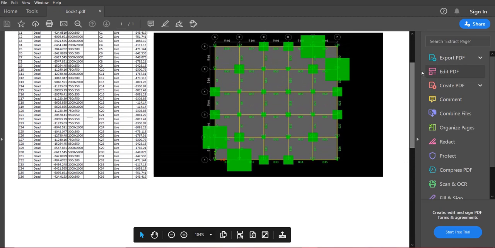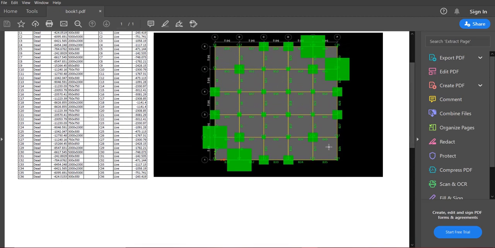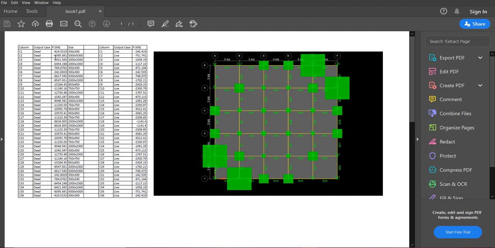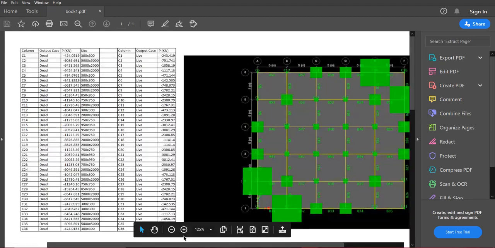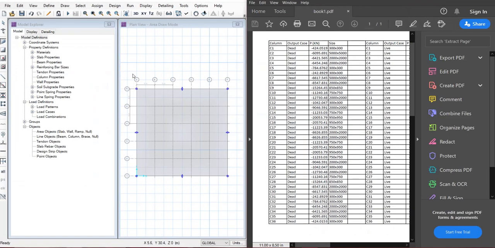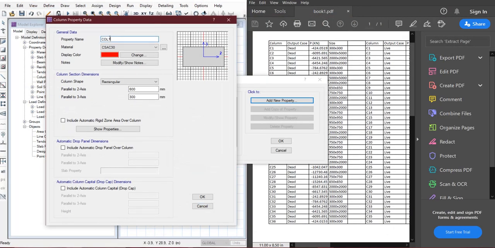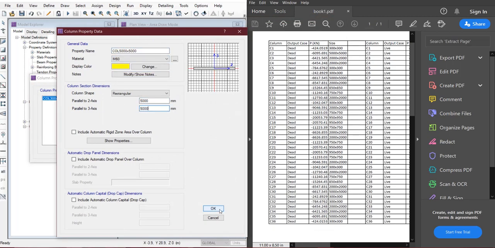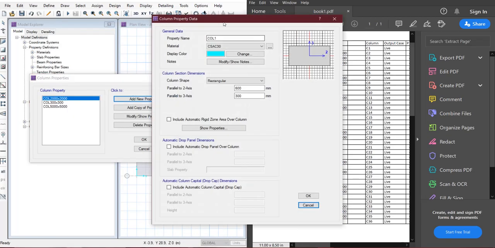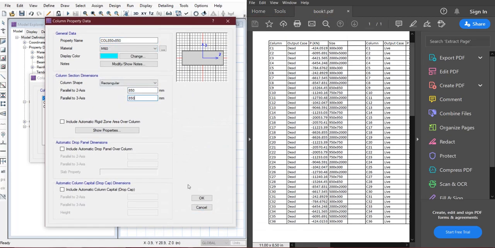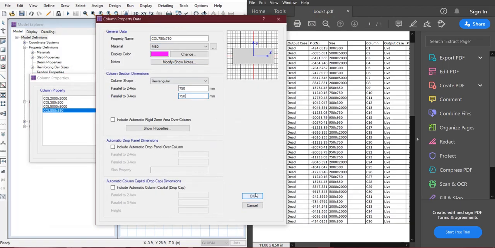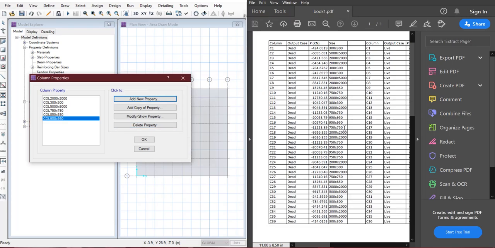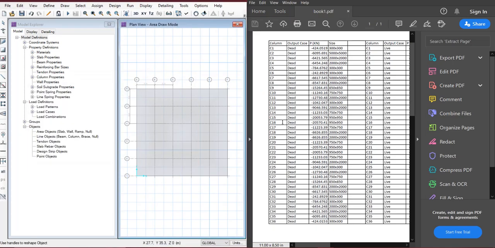Here there are 36 columns, so you have to define 36 columns, and their size is also varying, so I will define the columns as shown. Now the column properties are defined.